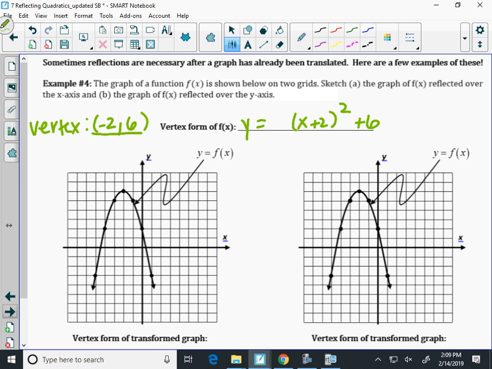So we're up or down? Down. So whenever it's opening down, it needs a minus sign out in front, because that means from the parent function, it reflected the parent function over the x-axis. So that function that is graphed for us has to have a negative out in front. So now what we're going to do